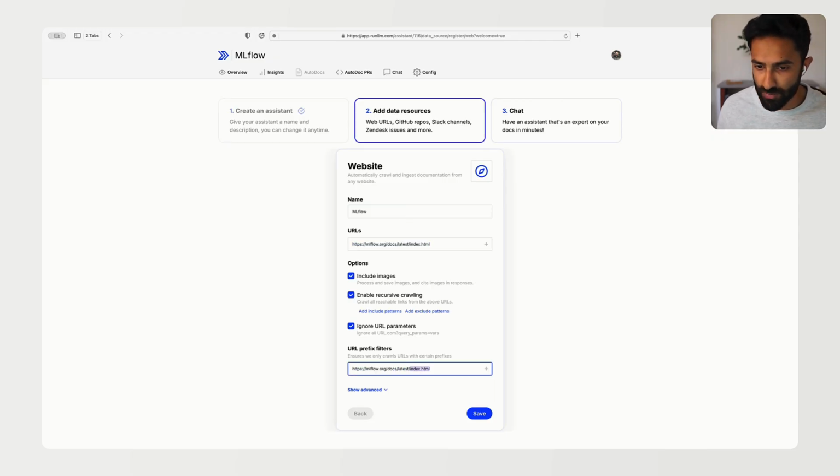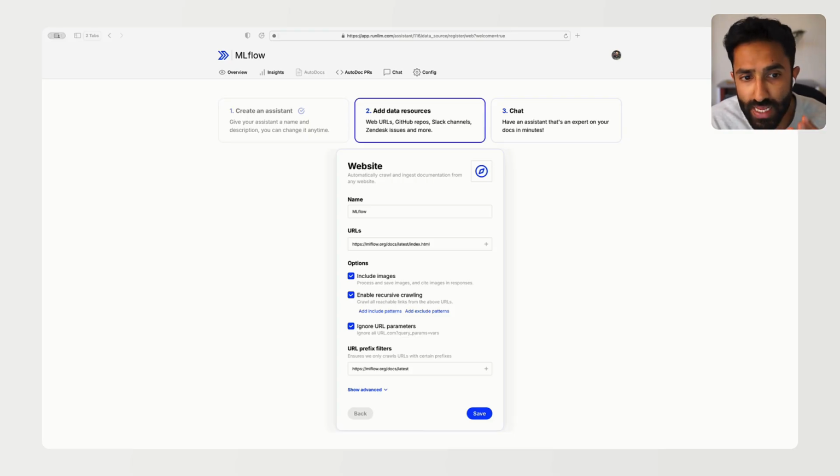We'll tell RunLLM to crawl everything under the latest documentation site, and RunLLM will go and scrape and ingest all the available data. As it does this, it will use an AI-powered data pipeline to read and analyze the documentation and annotate it with metadata like the topic it's on and what types of questions it might be used to